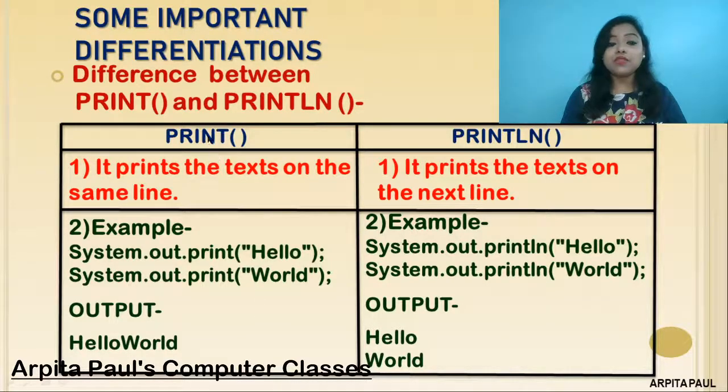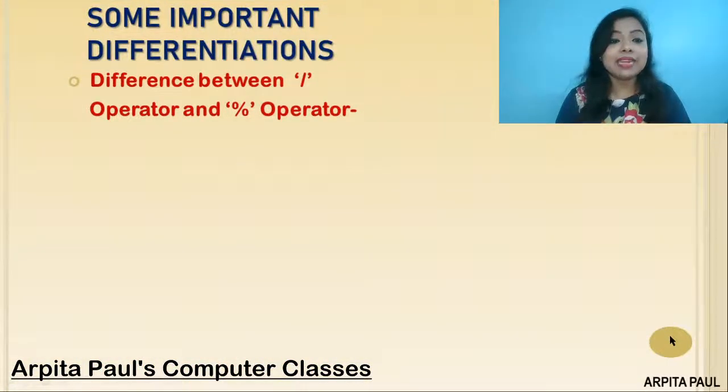So this is the basic difference between print and println. You can see here the output. If you are using print, then there will be no space or no enter. In the same line the whole text will be printed, and if you are using println, then it will take one enter. Okay, so now move on to the next differentiation, that is difference between division operator